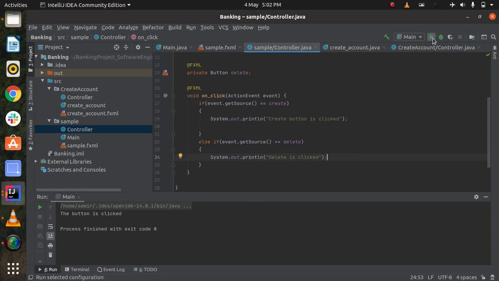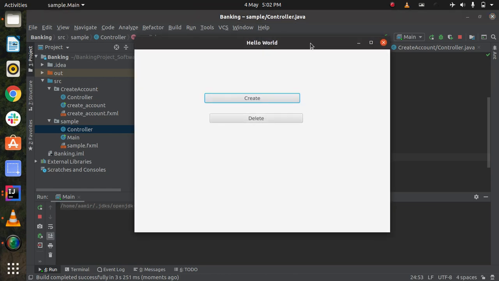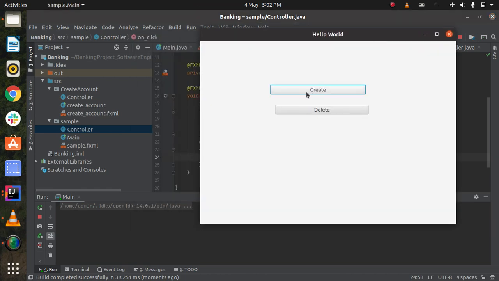So now run it again. It is taking much time. So when I click the create button, you can see that create button is clicked, and when I click the delete button, you can see delete button is clicked.